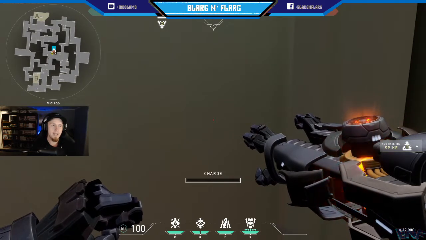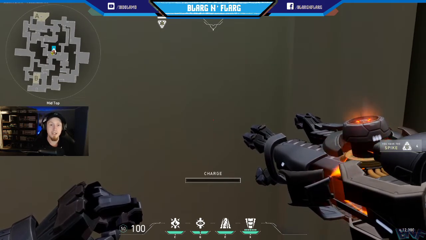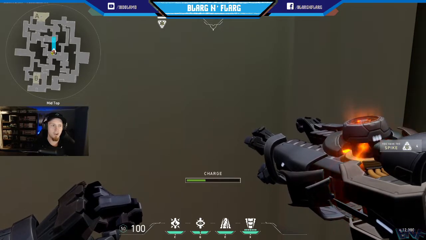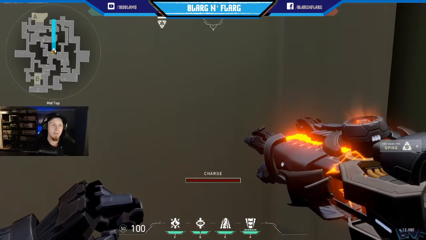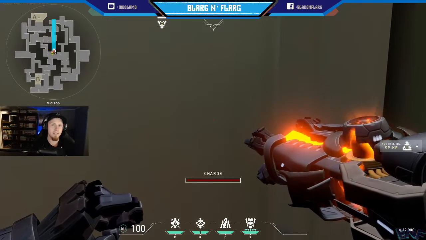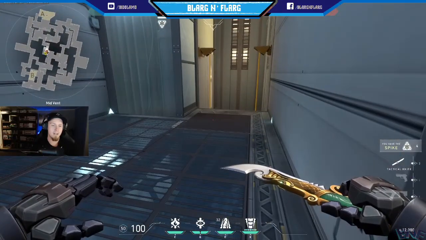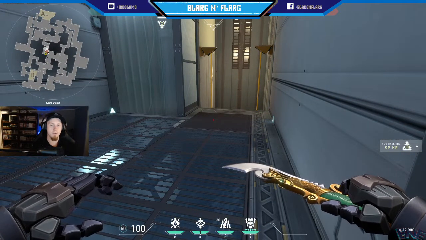Say they're pushing A and they've taken out your guy on ramp. You just need to buy time to get a rotation over there. Easy. Charge up your fault line and you could knock them back all the way to their CT spawn wall. That should give you more than enough time and cause enough hesitation for you to rotate right through rope room